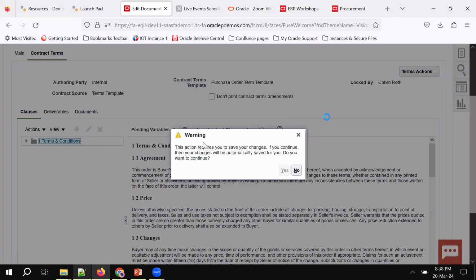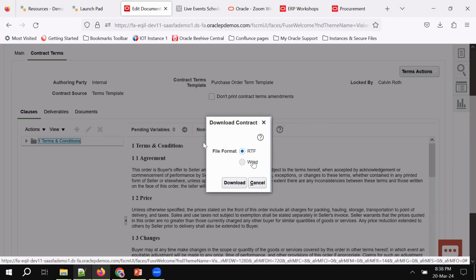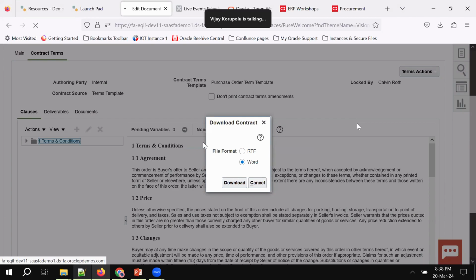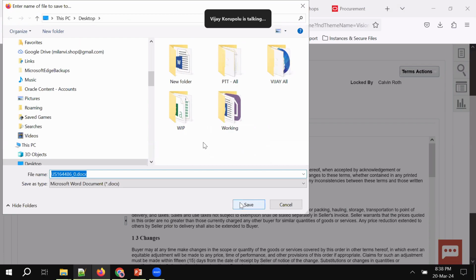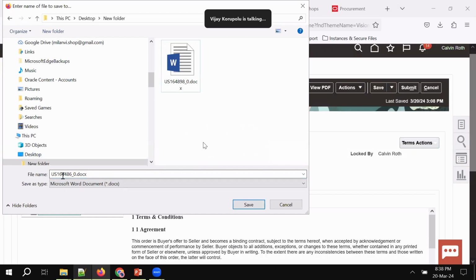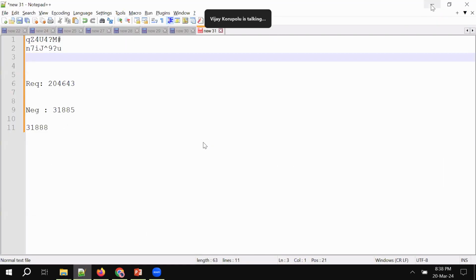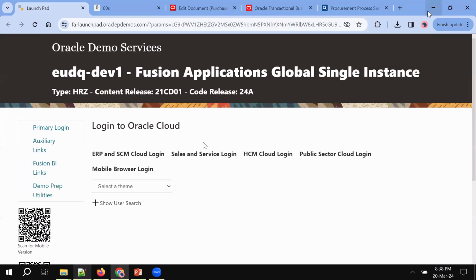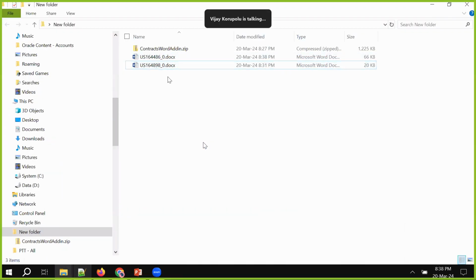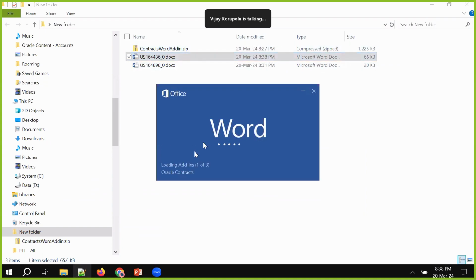Yes. Download this, and I'll save this under a new folder. So 164486. Okay, this is the Word document, and let me open this now. 164486. This is the one. Okay, we just downloaded it now. Okay, double click on it,